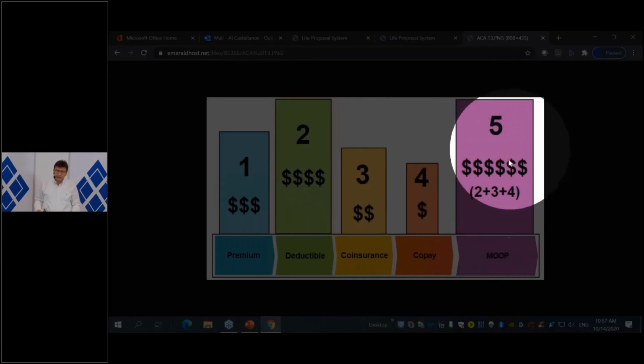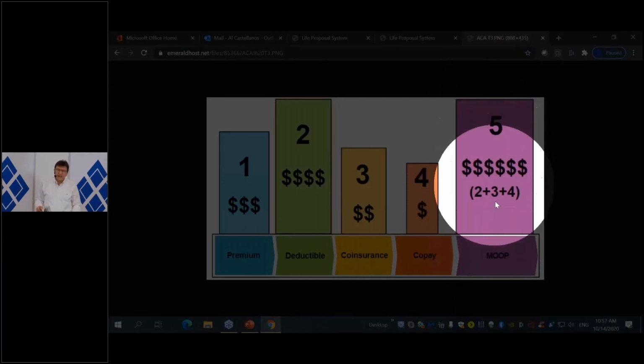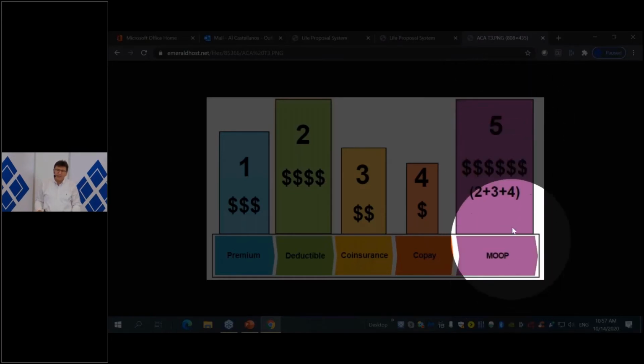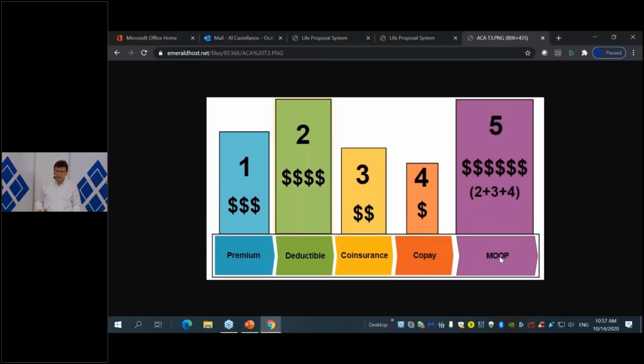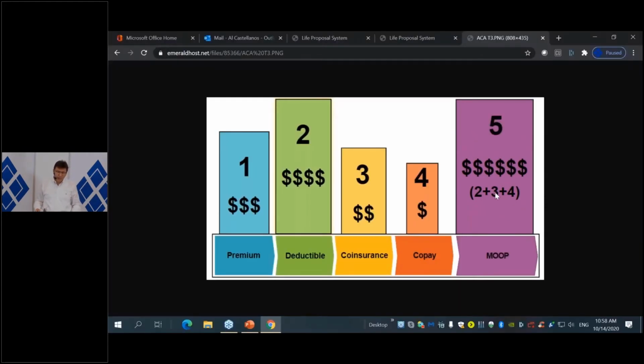Okay, the maximum out-of-pocket is a very important element because this is a fundamental component of the whole concept of health insurance, because that number there is the one that helps people not to go bankrupt whenever they have any health situation. So that becomes very important. The maximum out-of-pocket is the maximum exposure that somebody can have when they get into a situation where they need to start using their health insurance.